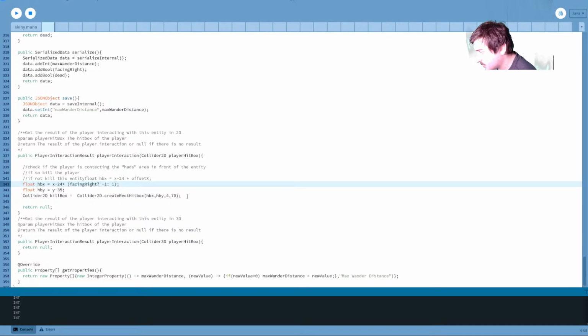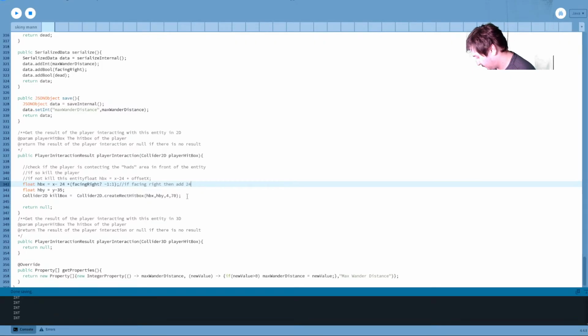Just use this. Okay, so if we're facing right, we're actually going to add 24 instead of subtracting it. But if facing left, if facing right, then add 24, or not 42, 24.